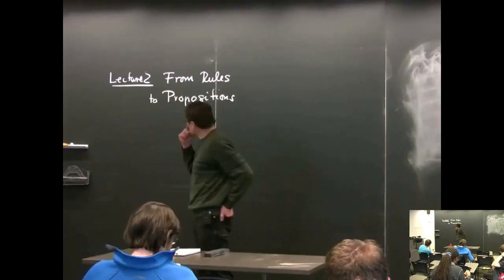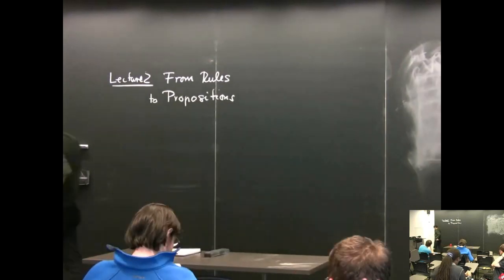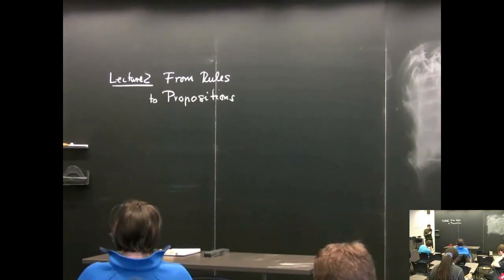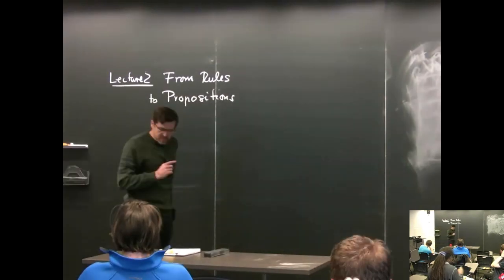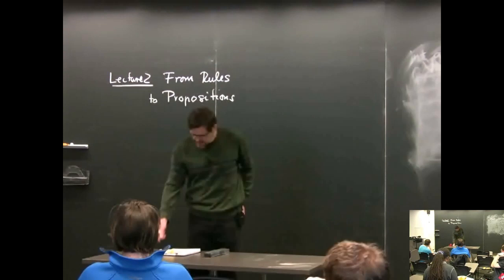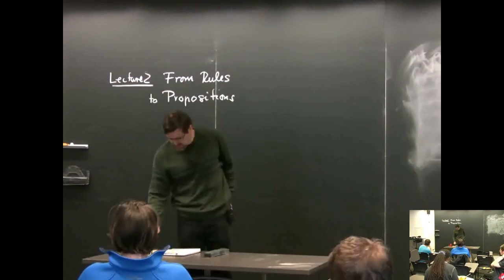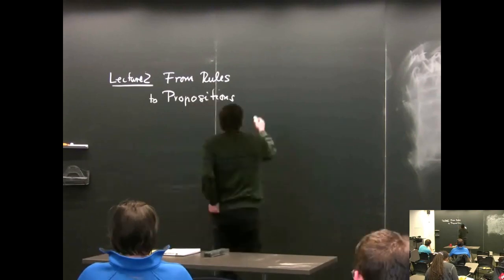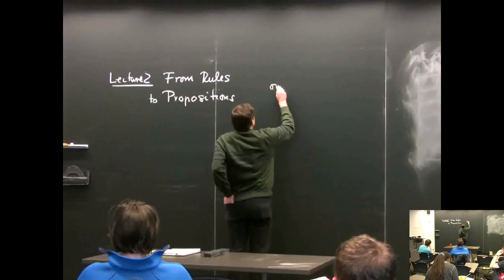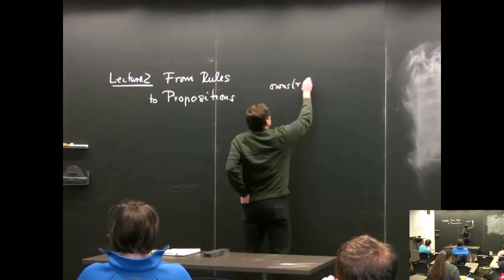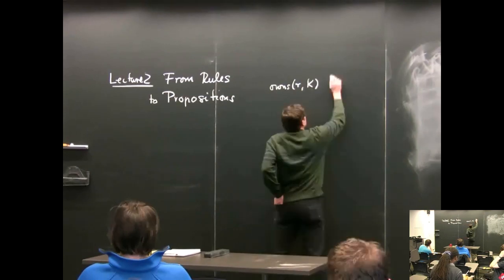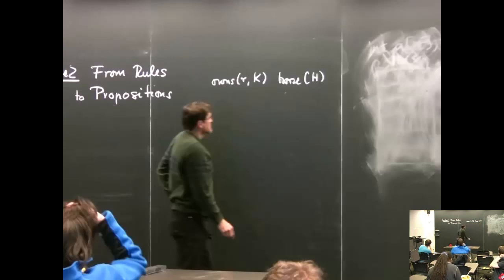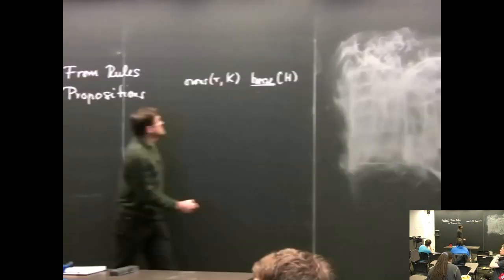Okay, so what we're going to do today is go from rules to propositions. And before I start, I'm going to do one more example, and one correction to a previous example, if you will. Remember the second to last example that we ended with was a kingdom for a horse. Our representation of that was this: if Richard owns a kingdom K, and H is a horse,